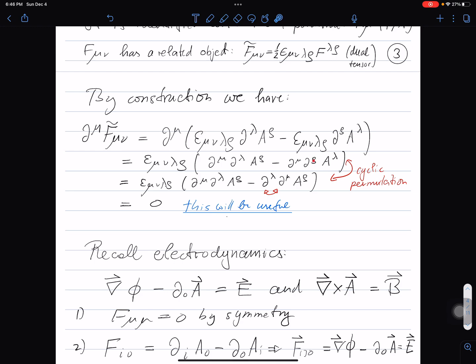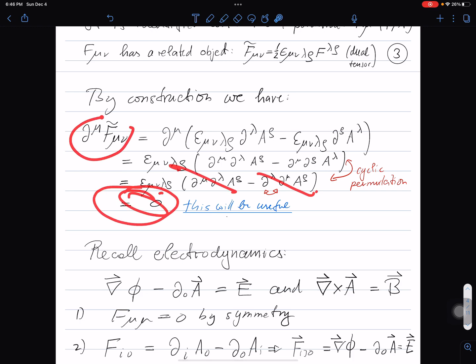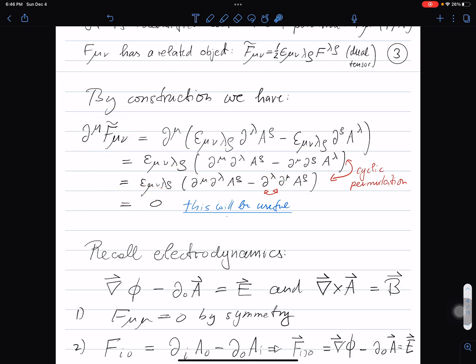Like if you have mu rho lambda, we can make a cyclic permutation and send lambda here, mu there, and rho there. So we have mu rho lambda, and now we have lambda mu rho, those two identical under this transformation, and we can swap the order of the derivatives as derivatives commute, and we have twice the same term again that cancels. So this derivative of the dual field strength tensor is 0,